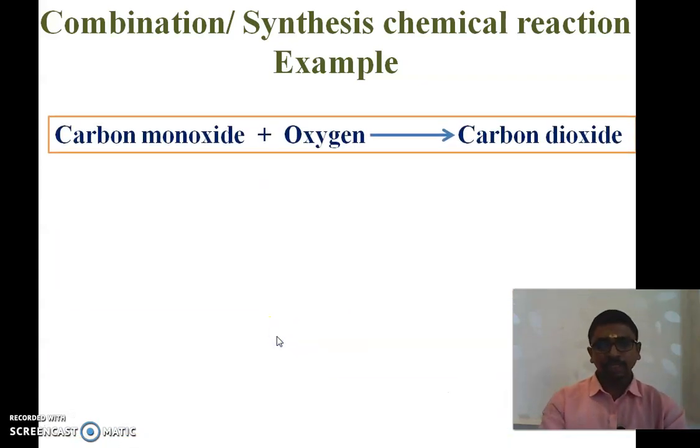And next example is carbon monoxide plus oxygen. So, these are the two chemical species. It will combine to form carbon dioxide. It is a single compound, it is a product. So, what is the formula for carbon monoxide, children? CO. And what is the formula for oxygen? O2. So, CO plus O2, it will combine and produce a new single compound, that is CO2, that is carbon